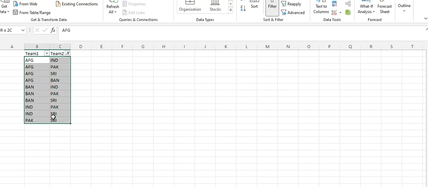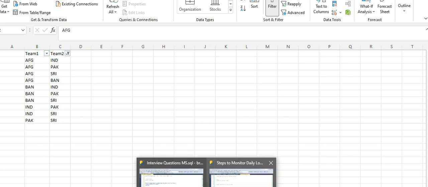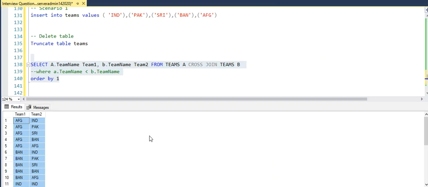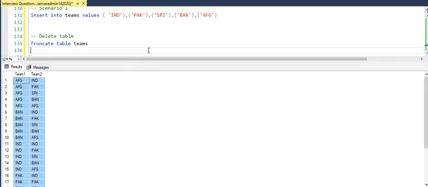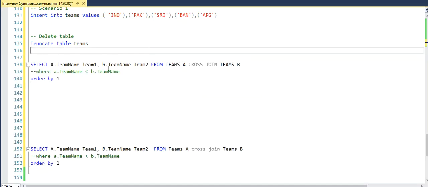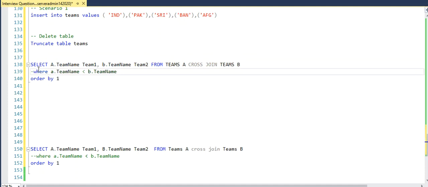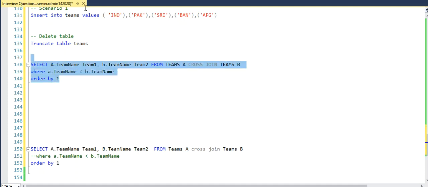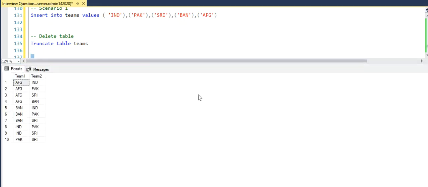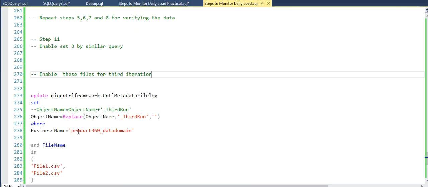How many rows are these? These are 10 rows. Let's see if it matches with the result we got here. So you got 10 rows here,